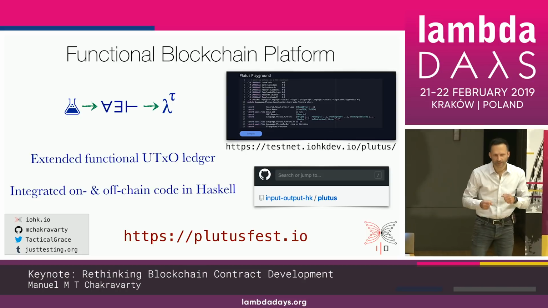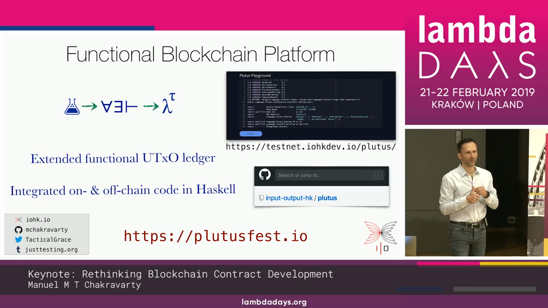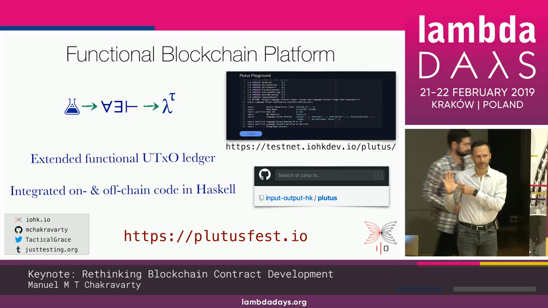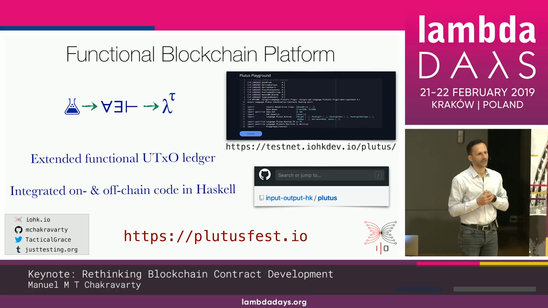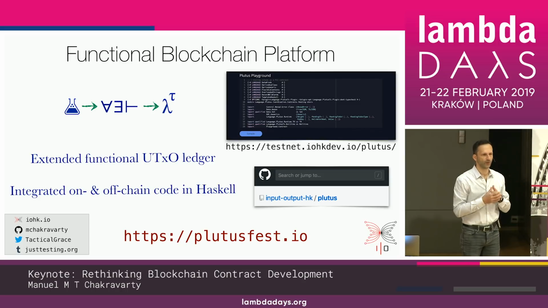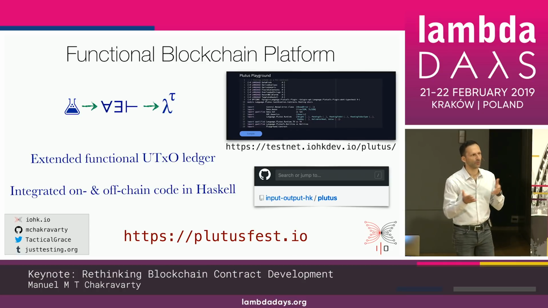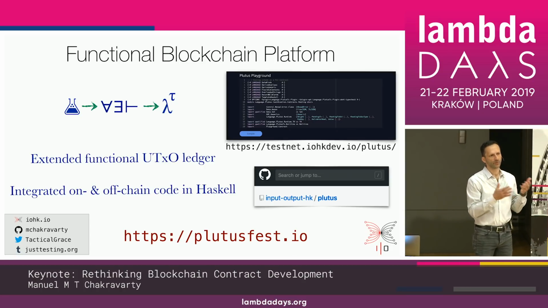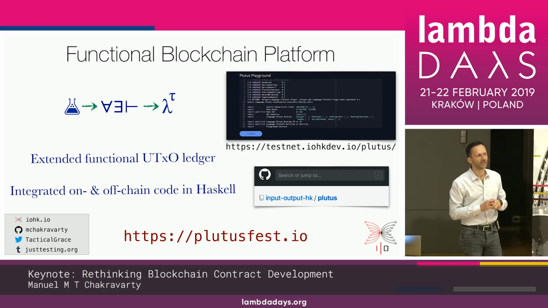Okay, good questions. So number one, first question was, what about privacy? Now Cardano, as I outlined it here, is a so-called public blockchain. So it's like the public internet. Everything is visible to everybody. If there's some data you don't want other people to see, you can always encrypt it. Now, IHK is also working on a permissioned enterprise version of Cardano, which, surprise, surprise, is called Cardano Enterprise. And that has a fine-grained permissioning system. So we are working on both types of systems.